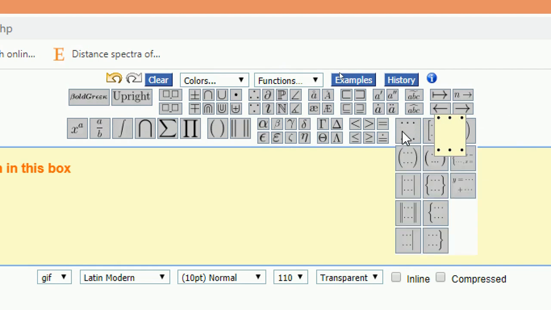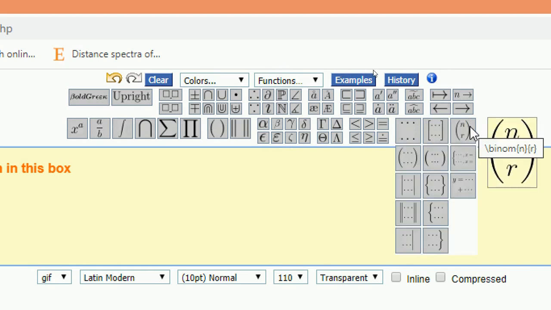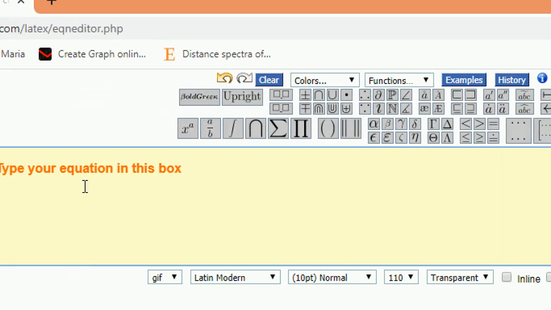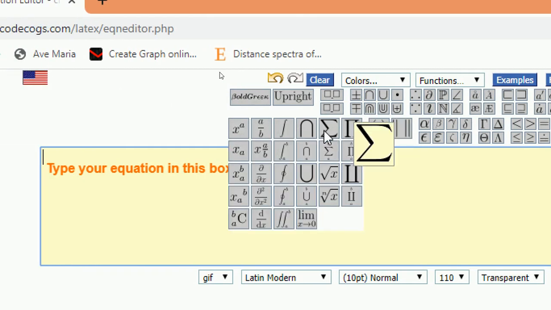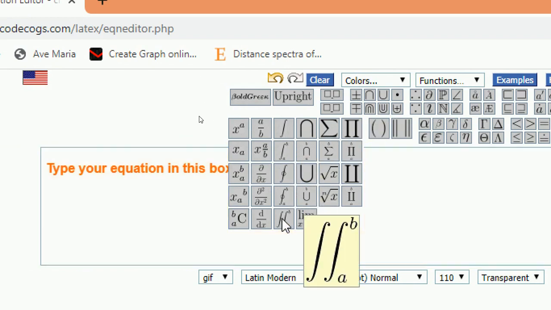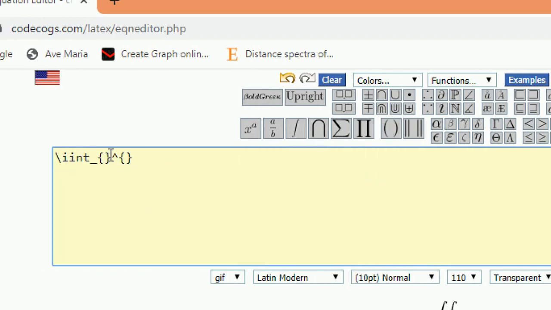Everything is inbuilt as LaTeX code. Simply you can press it over here, like if I want to insert a double integration from A to B, I can press it here. After this I can copy it and paste it into your TeX compiler. You can get the output.